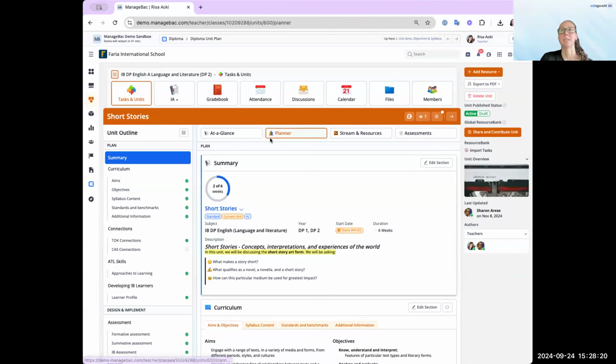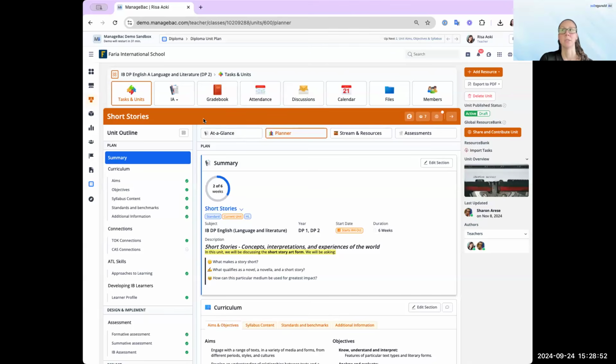But again, these units based on subject and grade will appear in all classes that are linked to that subject and grade, which means that any teachers who are teaching one of those classes will have the same units. They are able to hide them as a draft, as I was mentioning earlier, if they don't want to use them, but you will have all the units preloaded as soon as you create the class, okay, in order to help collaboration,